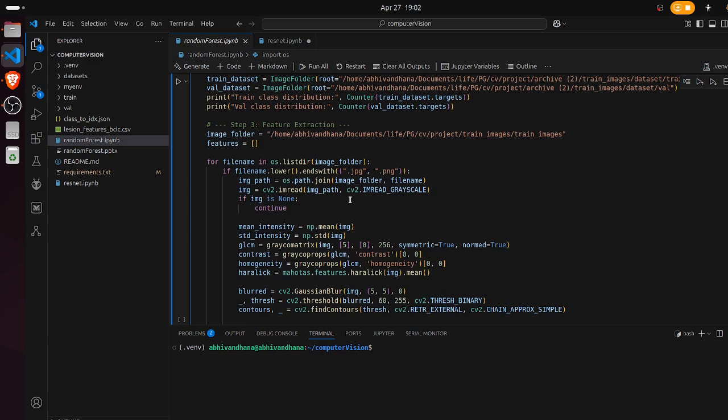Then, the next step is feature extraction. We go over all the images in the given data folder. For each image, we load it as a grayscale image because grayscale is enough for our case, since CT scans primarily represent density values. I then calculated basic intensity features: mean intensity, which calculates the average brightness, and the standard deviation, which shows how much variation there is. I have also computed the texture features